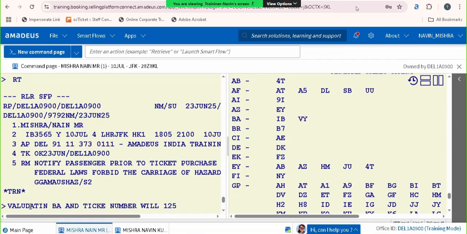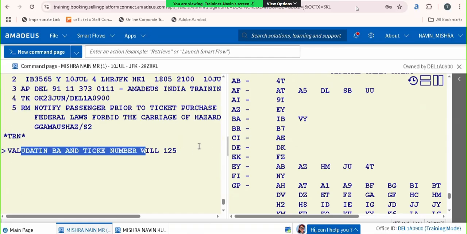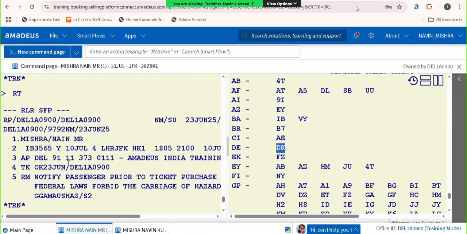Understood? So this is my information about ticket document number. Is it clear? Now, remember, if you are going to issue a ticket of Iberian Airlines on the British Airways document number, you need to take permission from Iberian Airlines and British Airways. You need to inform British Airways, because British Airways is an authorized ticketing carrier for my office ID, so